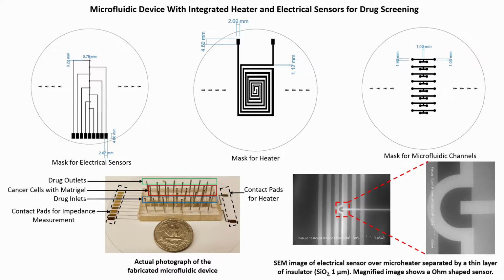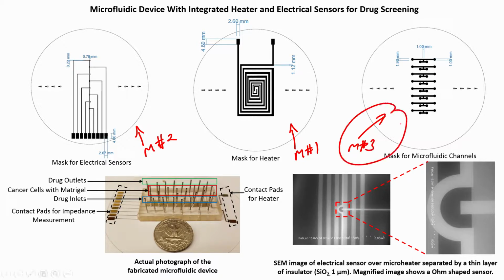Now, another thing that I have discussed is that the cells should be alive at 37 degree centigrade. We require 37 degree centigrade temperature to keep the cells alive, right. That is why you require a heater. So, now we have this, which is called a mask. I will tell you what exactly mask means. This is mask number 1, this is mask number 2, and this is mask number 3.